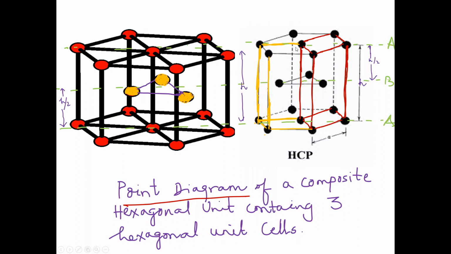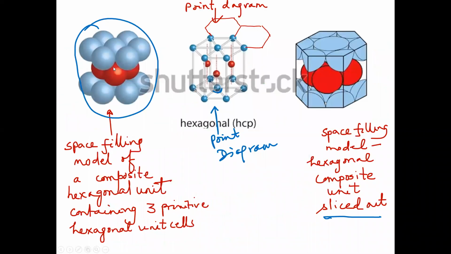The distance between these two layers, these are not stacked. Actual stacked is this. The height between this layer and the middle layer, or the central positions. The centers of all these spheres and the centers of these spheres, that distance is half height, h by 2. Same as this half height. So total is full height.